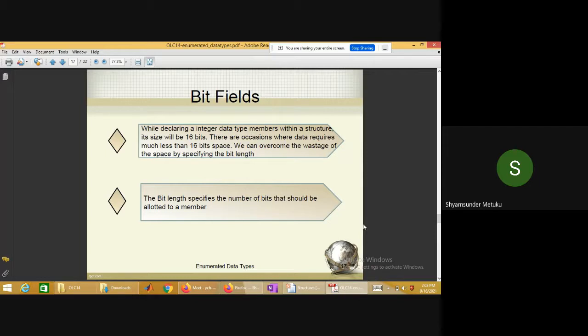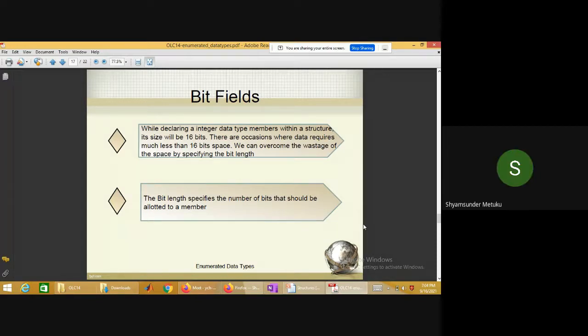Suppose I just wanted to declare an integer of 32 bits. I never use more than 128. So 128 needs how many bits? 2 power 7 is 128, is it not? Yes, sir. 7 bits are sufficient.